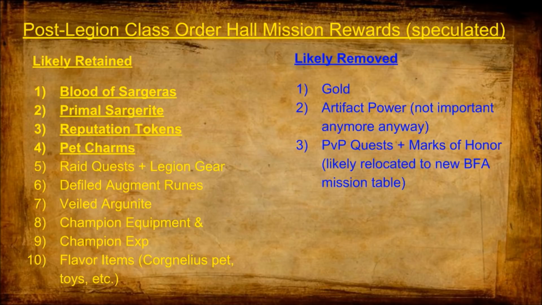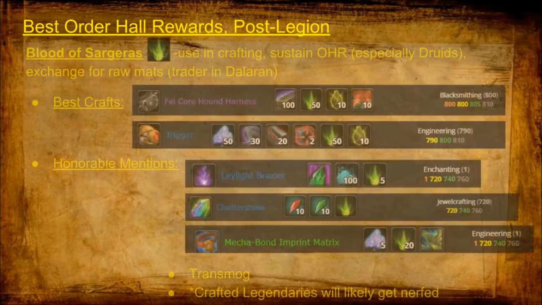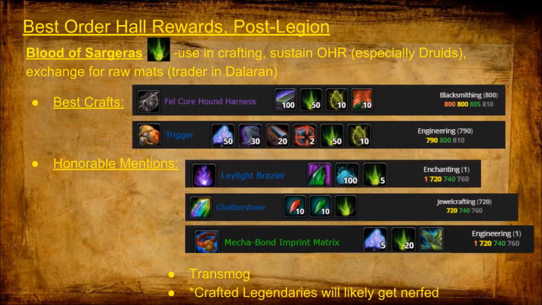The ones I think will be removed are gold missions, artifact power missions which won't be important anyway, and PvP quests, which include Marks of Honor. So the ones that I underlined are what I think will be most important for making gold in Battle for Azeroth. The first one being Bloods of Sargeras, which can be used in crafting, sustaining your order hall resources, or